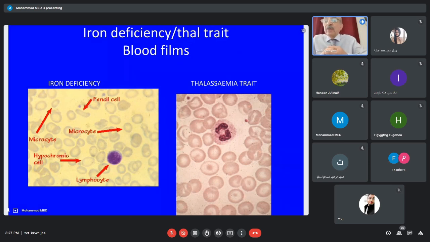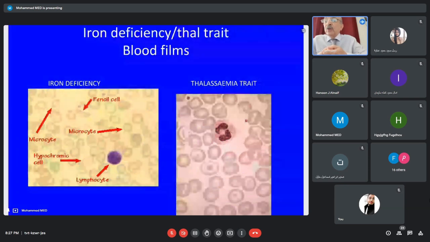But in iron deficiency there are different forms of RBCs: pencil cells, very small microcytes, hypochromia sometimes very severe, while in thalassemia most of the red blood cells look like